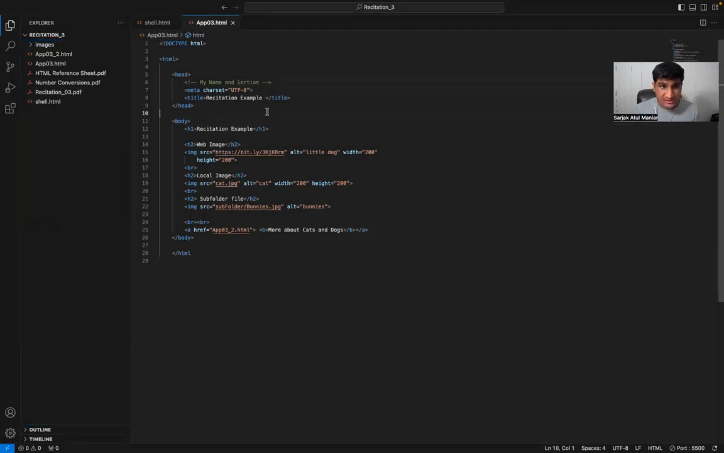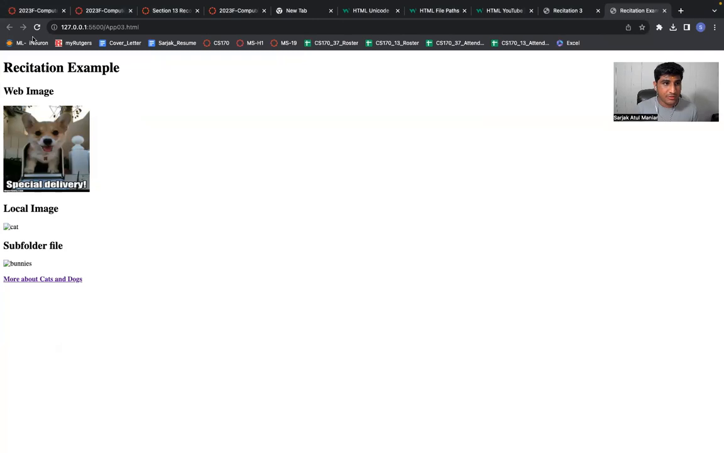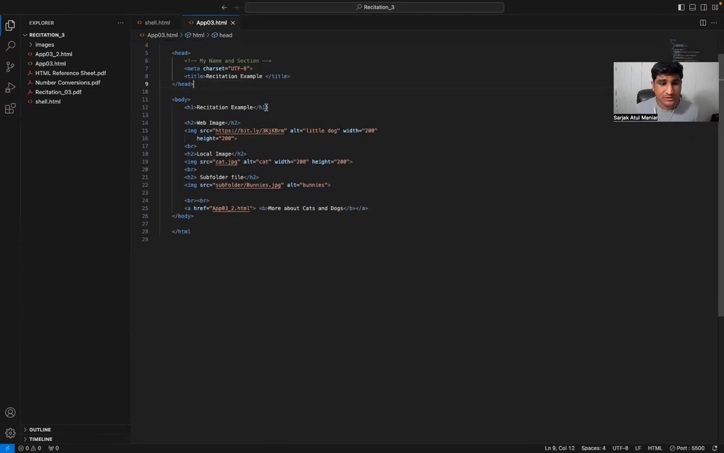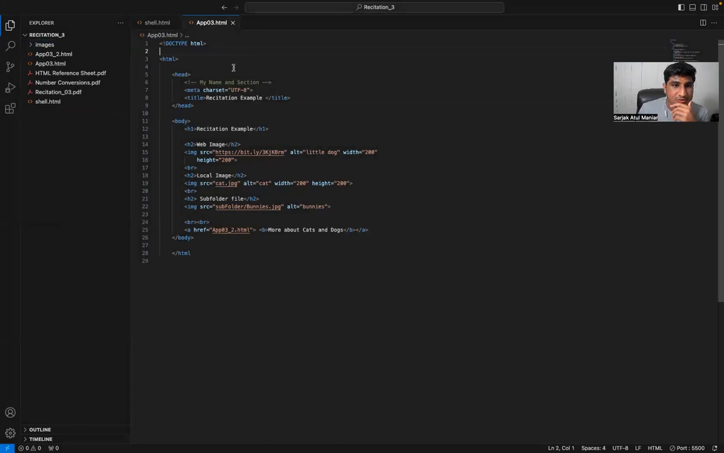So now if I save this file and I click over here, you can see that the image of the cat has gone, it's not visible over here, right? So what happened, right? We'll look into this while learning the links. So for example,